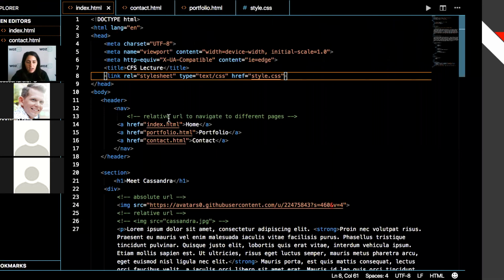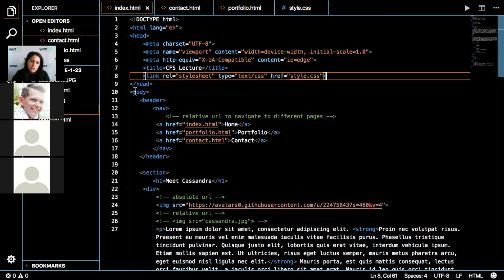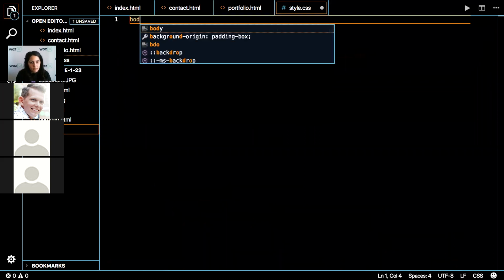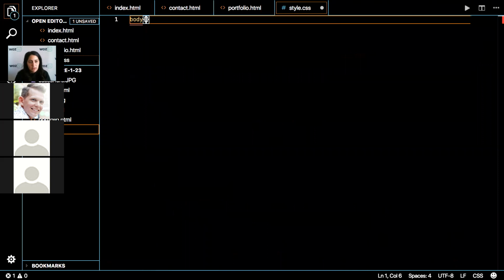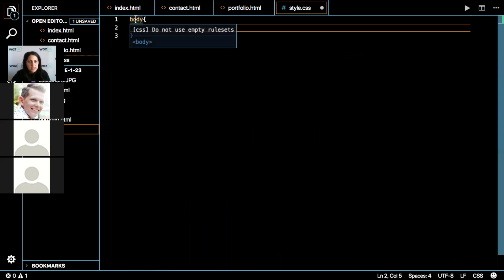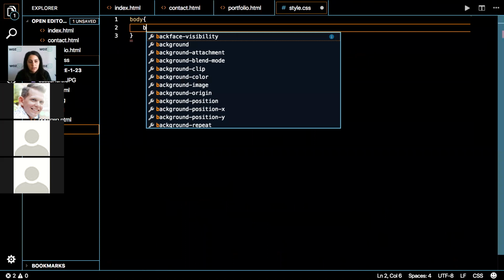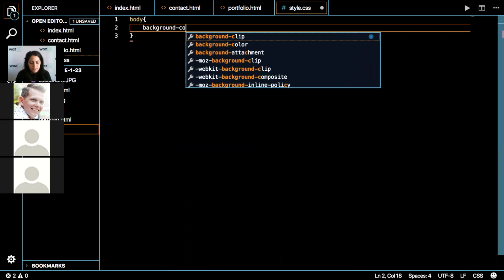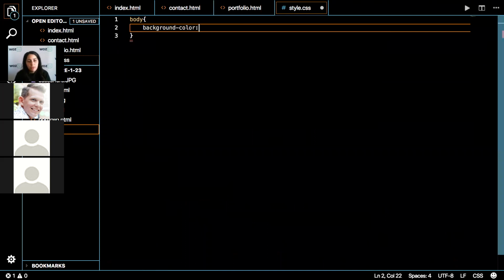So let's say we do the body. With the body, I'm going to put the element name, then my curly bracket. In this case, the body is considered the selector. And then in that, I'm going to have my property. One property we can use is background color, and I can put a color in there.